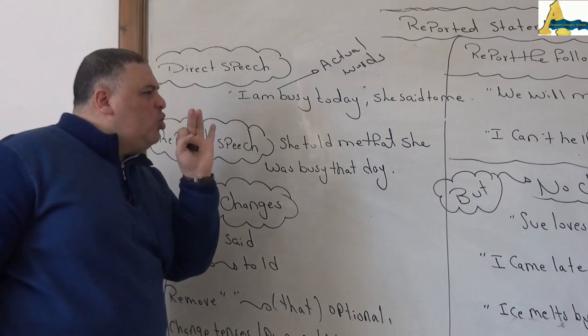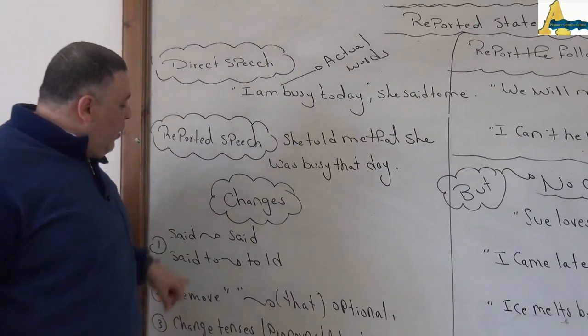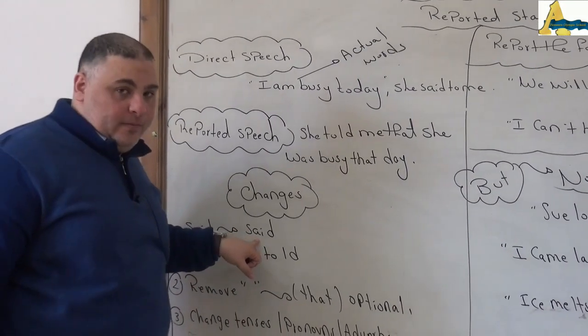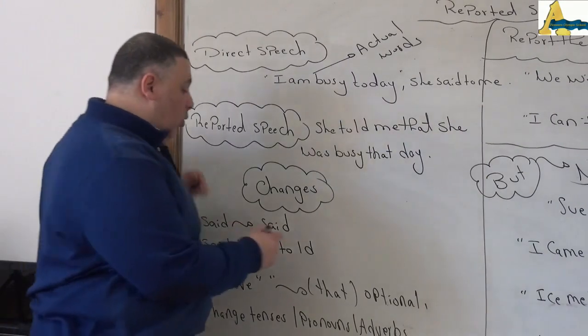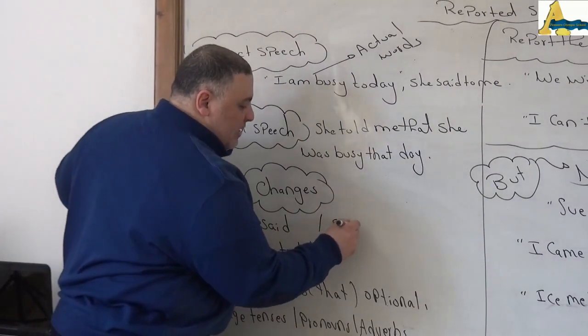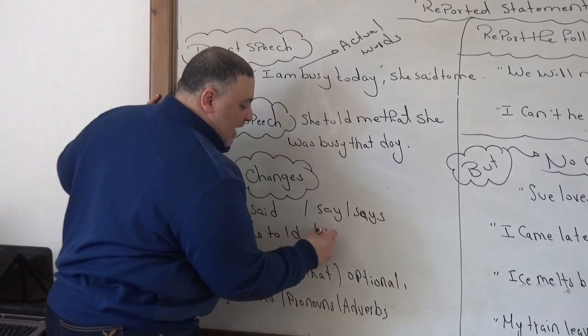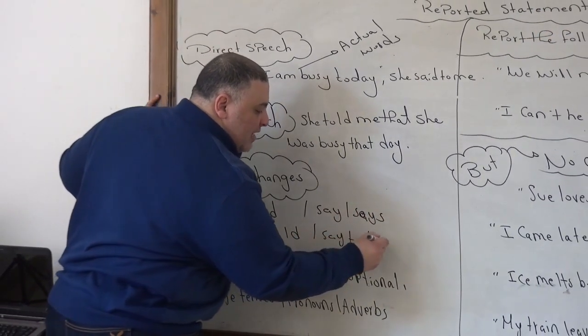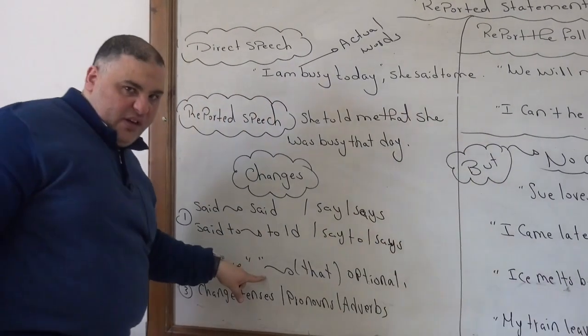How exactly am I going to change from direct into reported speech? I will say that if you have the word said, it remains said, right? And if you have the word said to, it's going to change into told. But by the way, for example, says will stay the same, right? But when it's says to or say to, it will be tell or tells, right? You also remove the inverted commas,